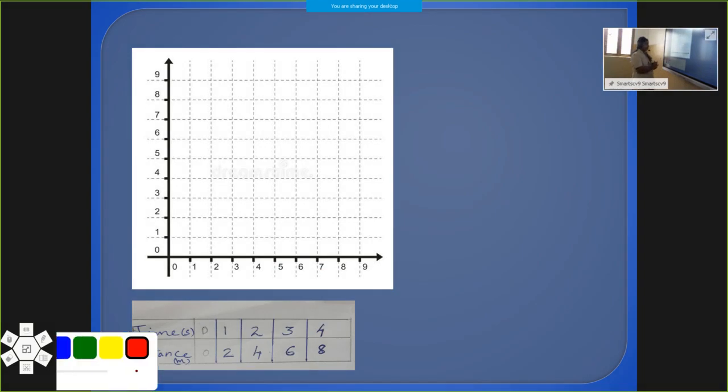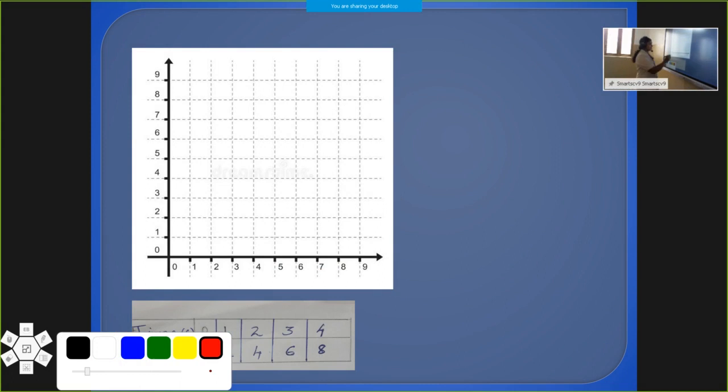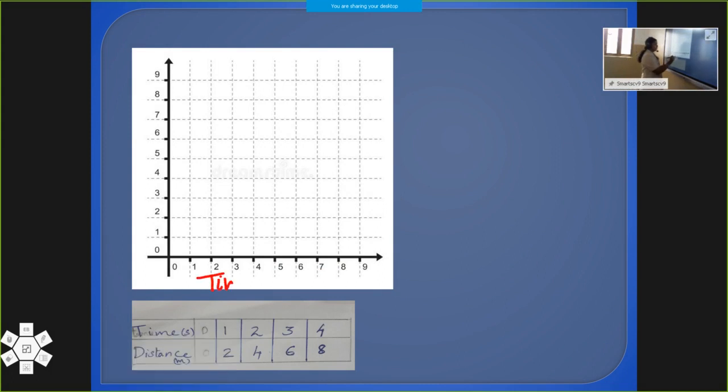So here I have again the two axes and we are going to draw which graph? Yes, the distance-time graph. So the x-axis is time in seconds. Then the y-axis is distance in meters. Clear? And I have taken 0, 1, 2, 3, 4 likewise, so the time interval is 1 second. Here 1 meter, 2 meter, 3 meter, 4 meter I have represented. Okay. Then here I have the data with me.